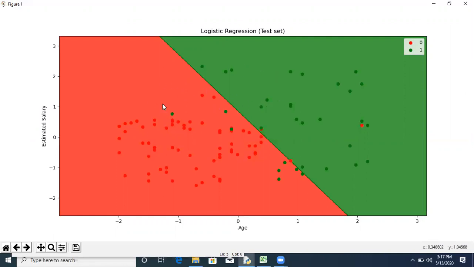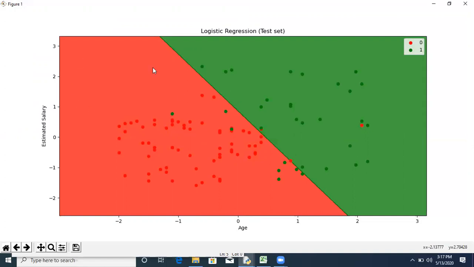These are drawn by the machine, predicted by the machine. So points are the actual thing and the regions are the predicted thing. You should compare between these two, right? This is the main thing in this whole algorithm.